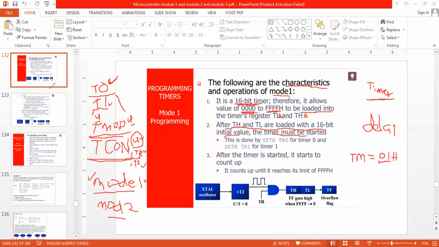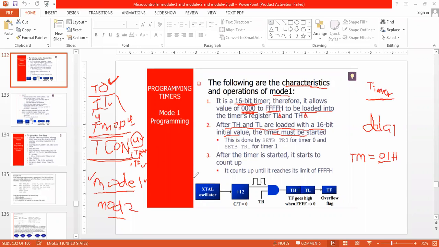In our previous sections, we have learned this and understood what a TCON register is. Now I am working with the T0 register, so TR0 is used to start the timer. If TR0 is equal to 1, then the timer will start.